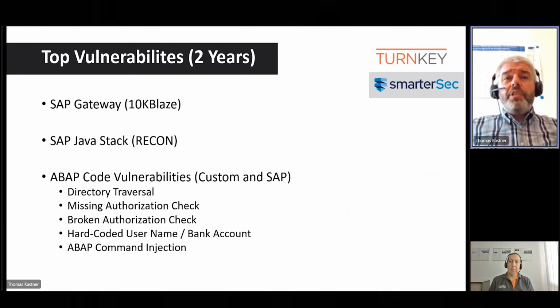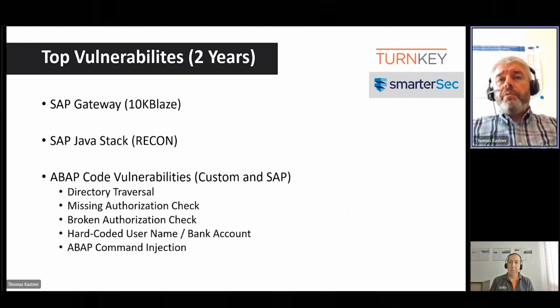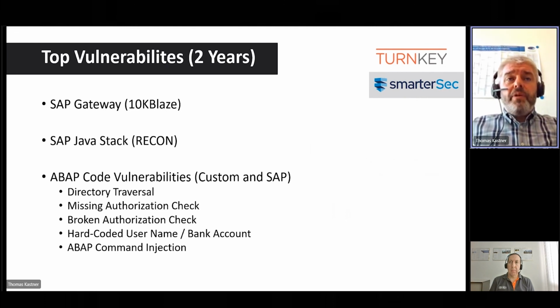Missing authority check means you can launch an SAP ABAP program and there is no programmed authorization check, and you can launch it, it does the change or it does the export, and you can walk away with data. Directory traversal or even hard-coded usernames or hard-coded bank accounts we have seen.